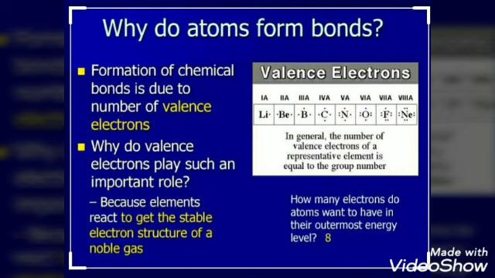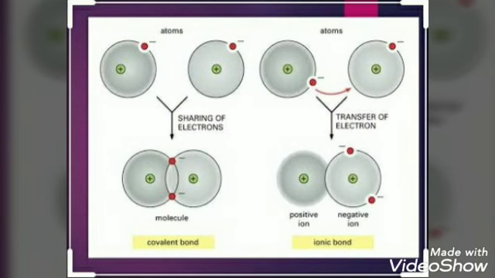So, when atoms combine to form chemical bonds, they do so in such a way that each atom gets 8 electrons in its outermost shell or 2 electrons in the outermost K shell. An atom can achieve the inert gas electron arrangement in 3 ways: by losing one or more electrons to another atom, or by gaining one or more electrons from another atom, or by sharing one or more electrons with another